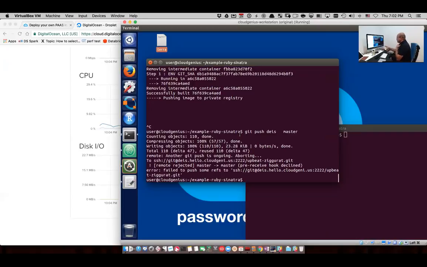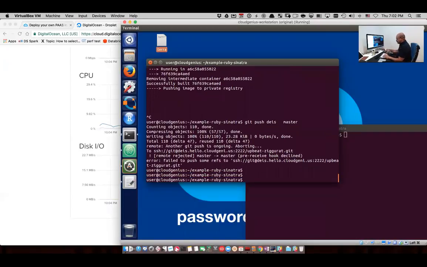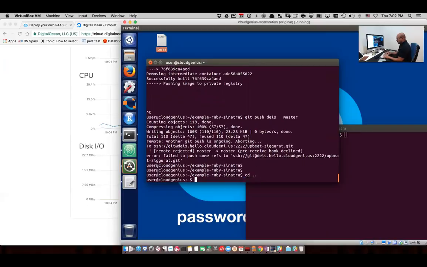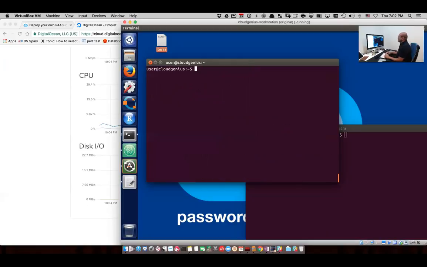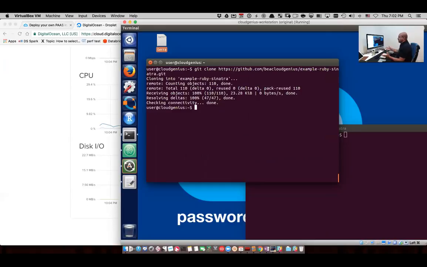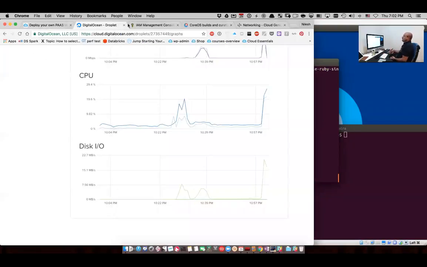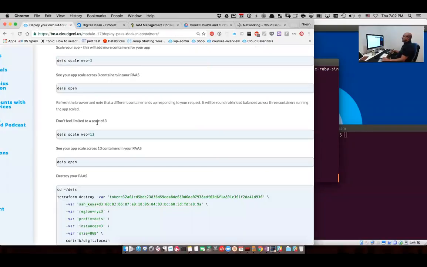So the simplest way to deal with this is if the push fails, we can just go back a step, remove that application completely, and we now have a clean slot. So we can go and bring that new application source code down again. So, a simple way to deal with the problem. There are better ways, by the way. This is just the simplest one, is to just get rid of it. And then